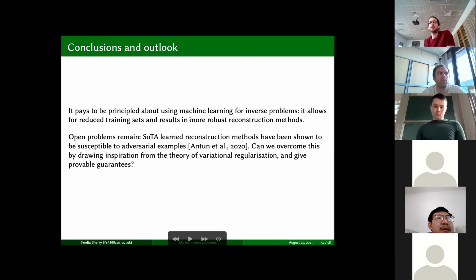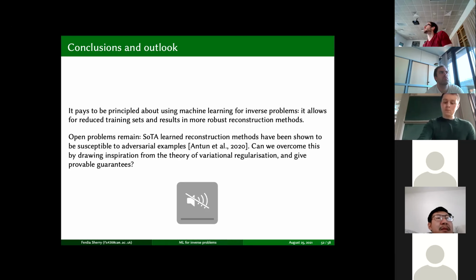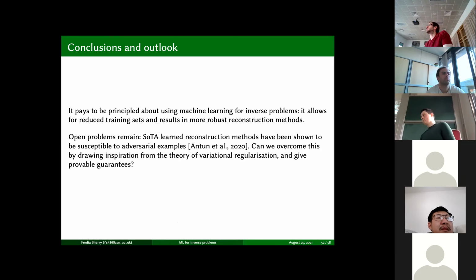Maybe I can start off. At the start of the talk, you said you wanted theoretical results like consistency and stability. Are you able to show something like consistency for any of these networks? For most of the things I was doing there, you don't have that. So for the bilevel